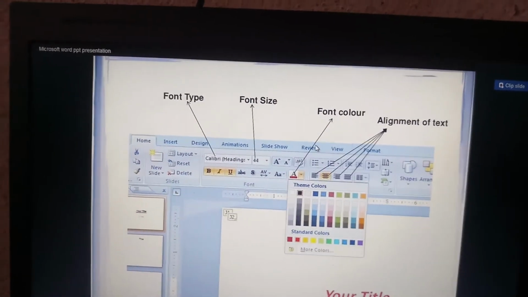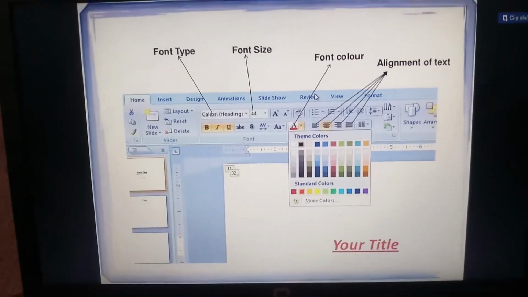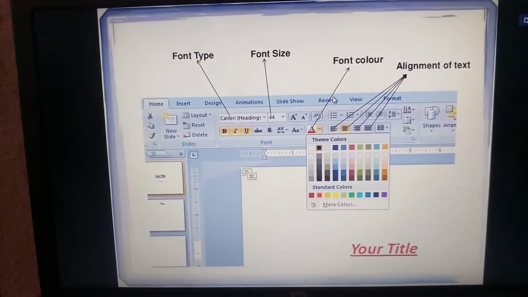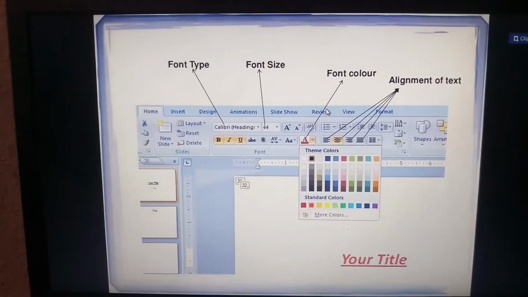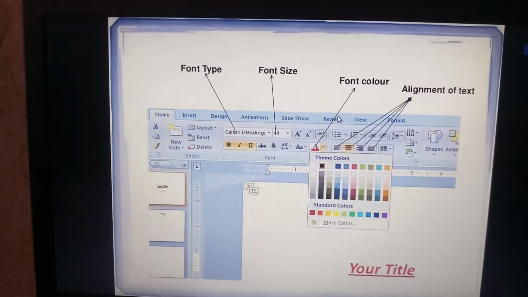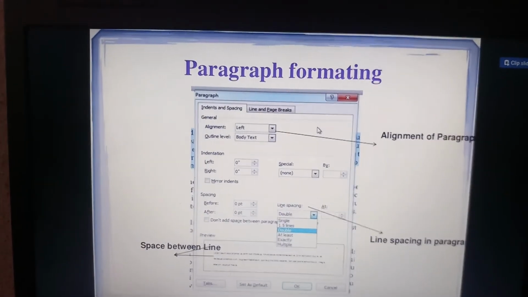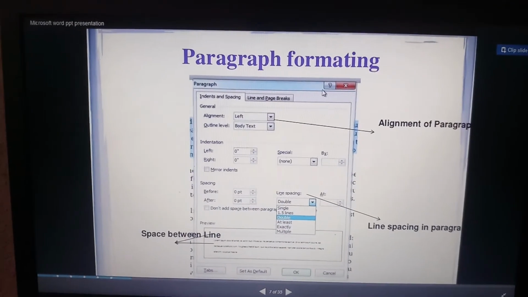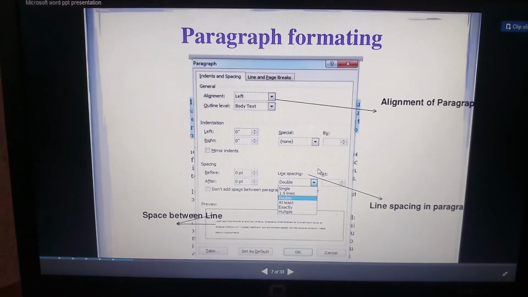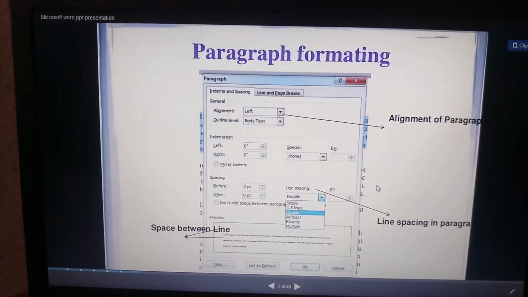Where the document has to be located, you can decide it in the center or middle, or else the top of the content. All of that you can do while using the alignment of text. Exclusively for paragraph formatting, we have an option. While using this option, we can change and align the paragraph as much as needed.